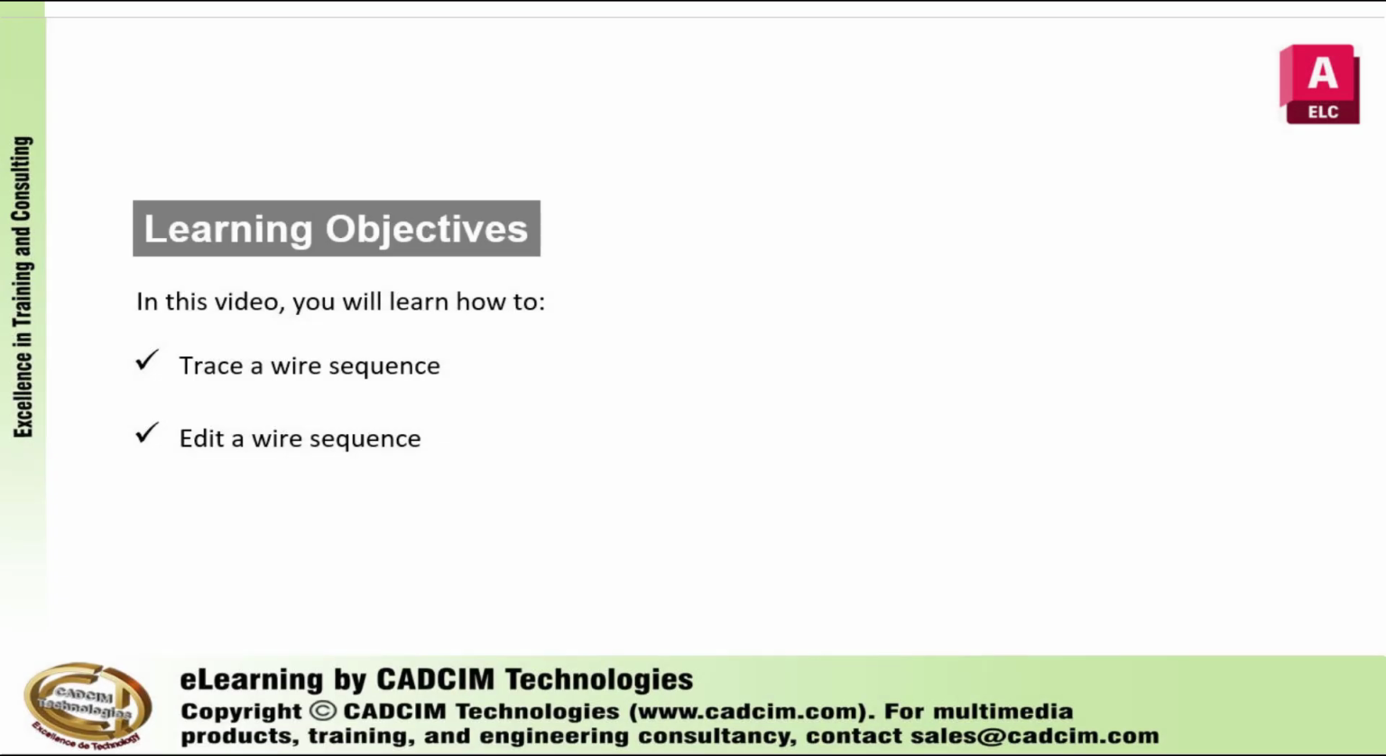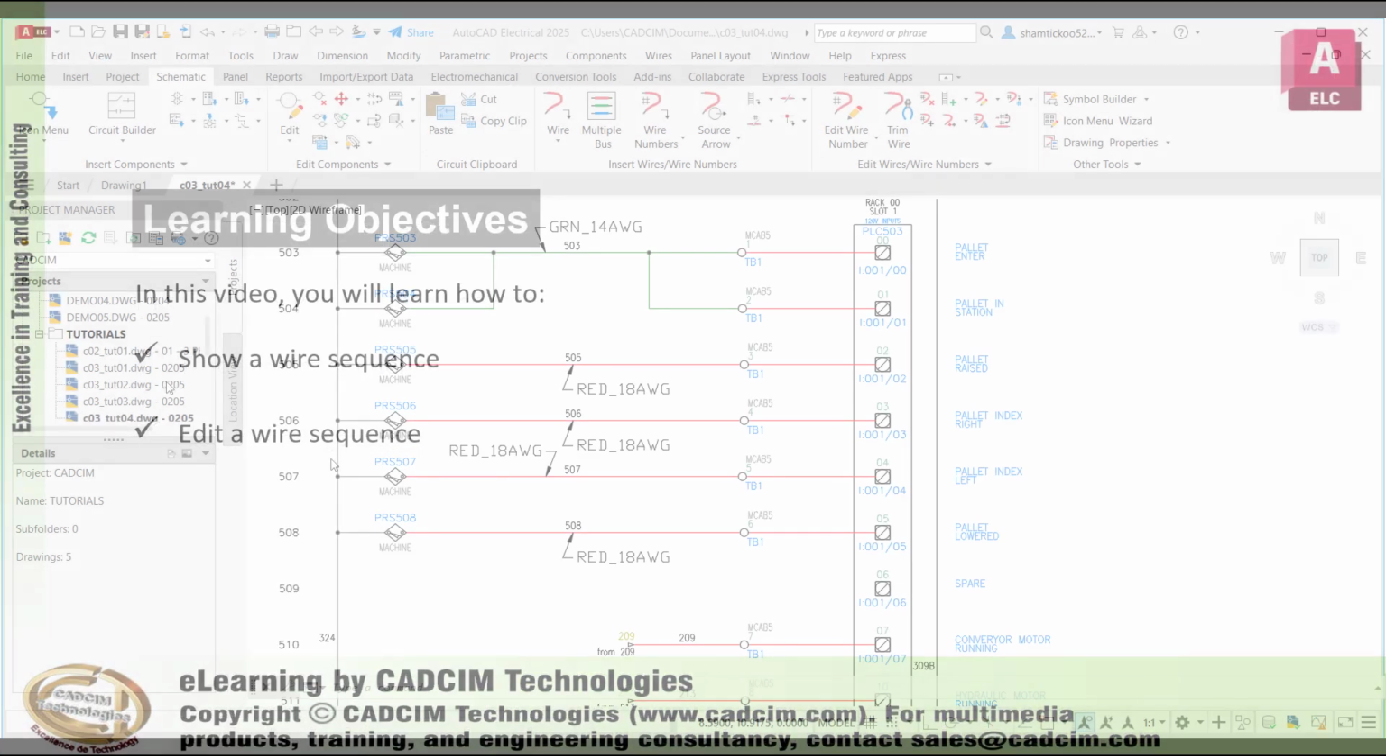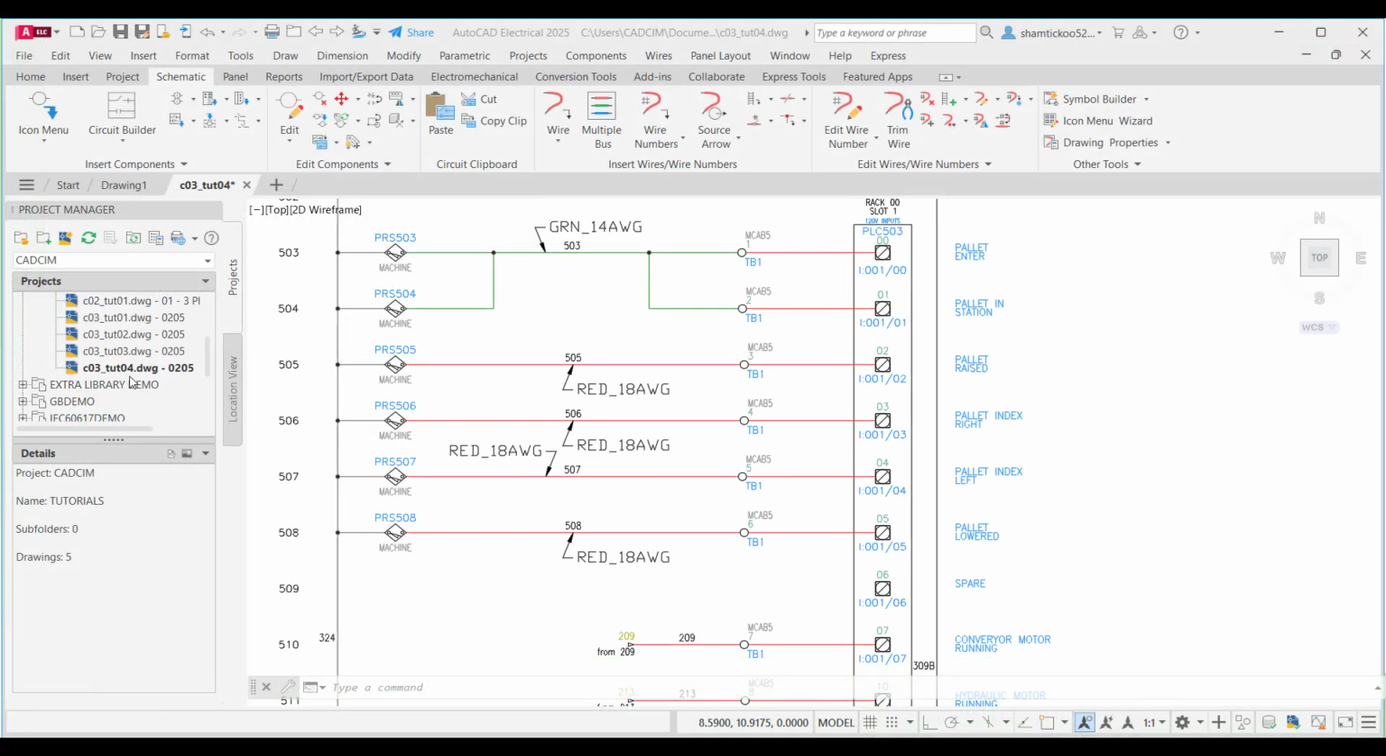Hello everyone. In this video we will learn how to trace a wire sequence and then we will learn how to edit a wire sequence. Before starting you can see here